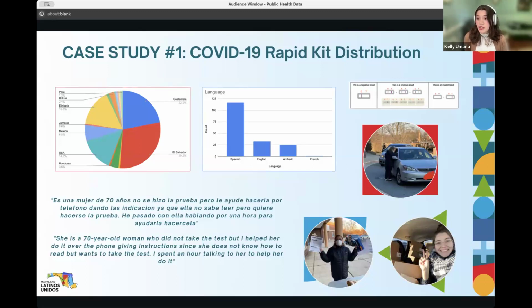And so what we did is we trained our community health workers on how to use a COVID-19 kit. We also trained them on how to collect this information, especially at school food distributions, because people were also trying to get their food. How do we overlay that workflow and make sure that it doesn't cause any delay in terms of people getting access to food? And so we were able to distribute these COVID-19 kits, and we also did follow-up calls.